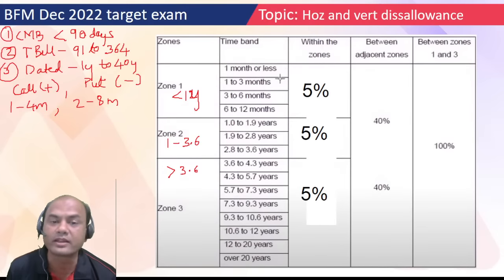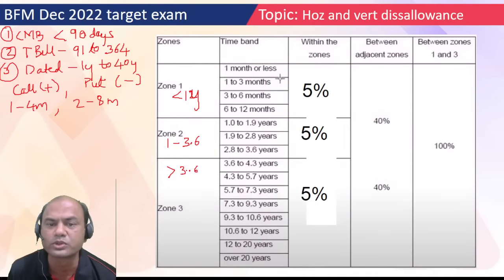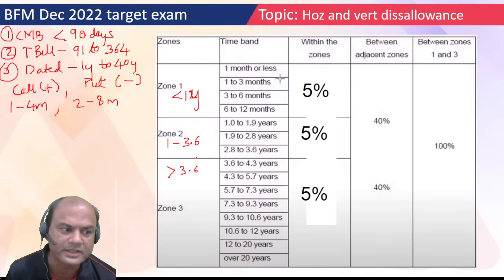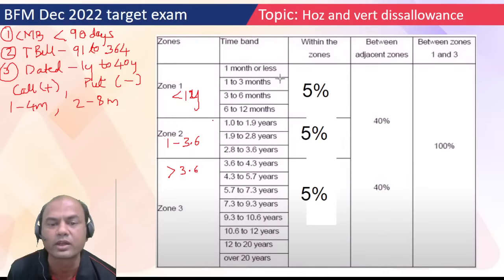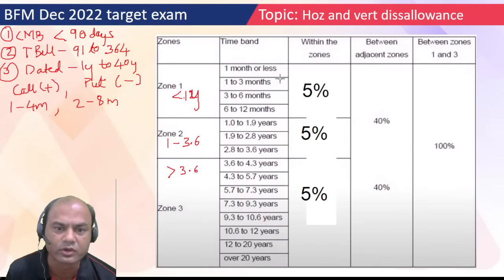Everyone's here. Are you getting this up till now? Type yes if you have understood up till now. What have I told you about zone 1, zone 2, zone 3, these 3 parts? Have you understood it up till now? Type yes if you have understood it, then I'll go further. Otherwise what happens? I'll go on and on, and many of us have not understood this zone only. Then what's the use, right? So have you got it, everyone? Zone 1, zone 2, understood the difference between these zones, okay? Less than 1 year, 1 to 3.6 and greater than 3.6, okay?